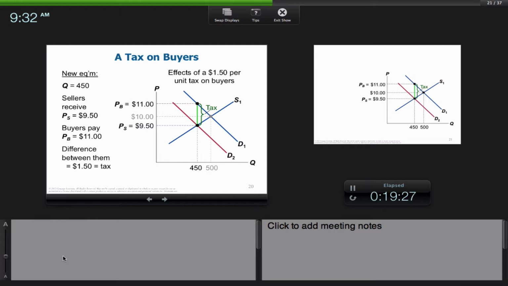The 850, guys, the 850 is still right there. Because the 850 tells you how much demand shifts. You have to maintain the same quantity, and that tells you how much demand shifts. That $1.50 told us demand goes down to this point. The only reason we deducted the tax from the original equilibrium was to figure out where the new demand curve is. Then we're not worried about that. We have the new demand curve, we have the new equilibrium,